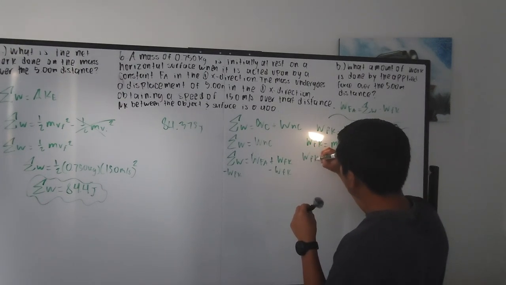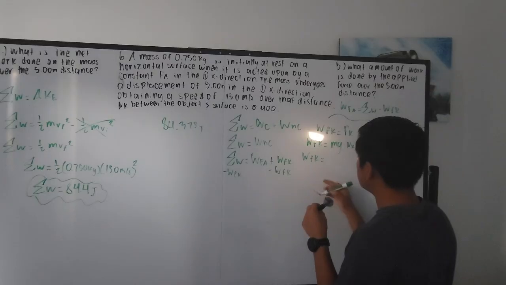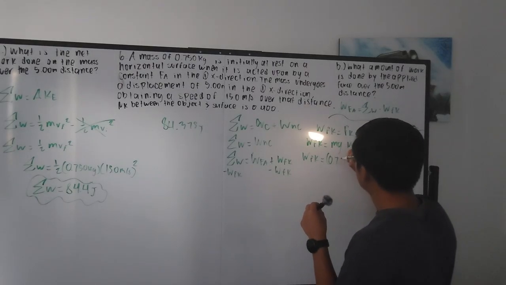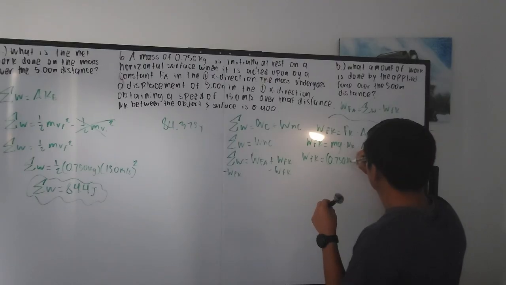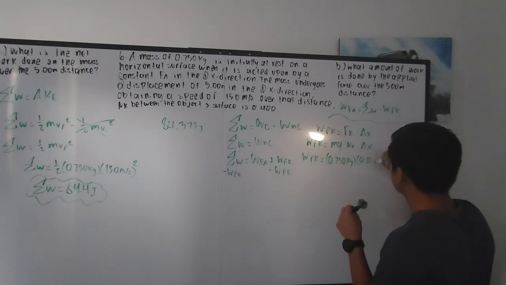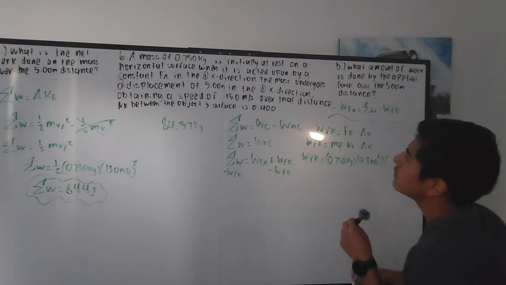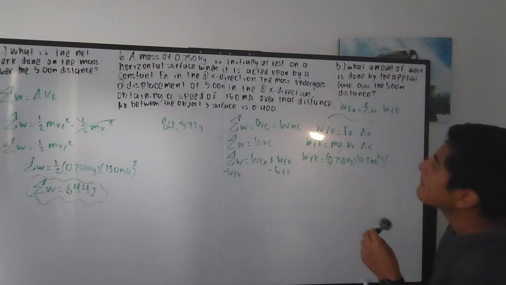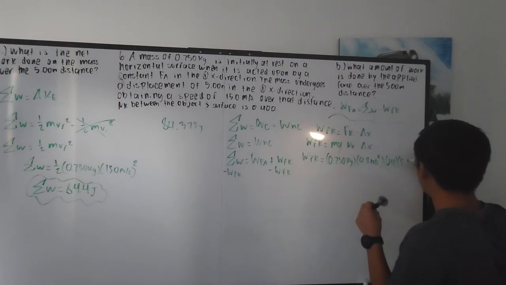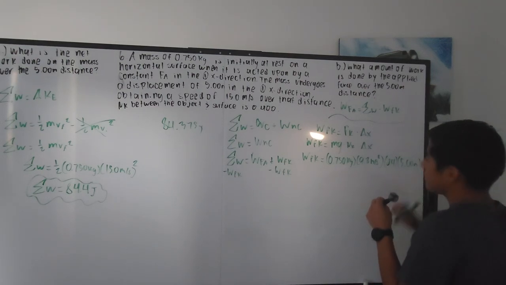Plugging in all of our values, we get that the work done by the force of kinetic friction is equal to the mass, which is 0.75 kilograms, multiplied by the acceleration due to gravity, which is 9.8 meters per second squared, multiplied by mu k, which is 0.4,